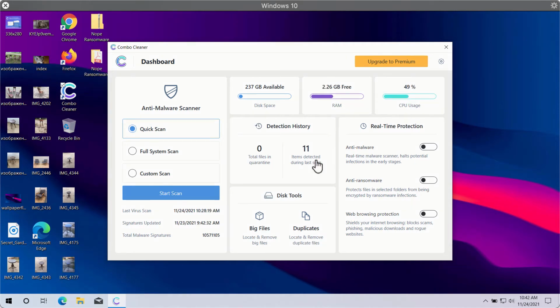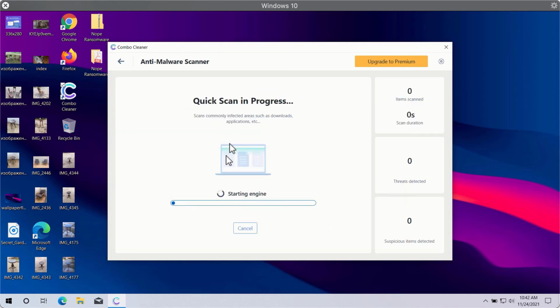After you successfully download and install Combo Cleaner Antivirus, you will need to select your preferred scan type. In fact, there are 3 scan types available. They are Quick Scan, Full System Scan, and Custom Scan. However, Quick Scan is only available in the trial version, whether premium version gives you full system scan and custom scan option. So you need to click on Start Scan button in order to let Combo Cleaner begin the research